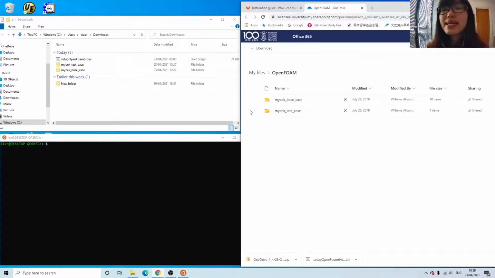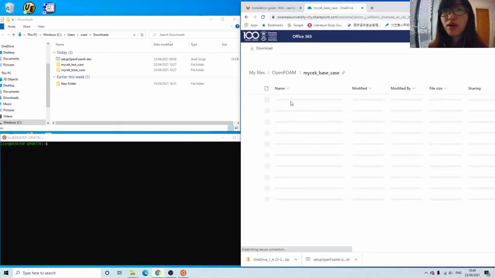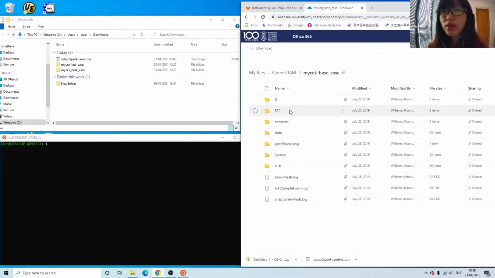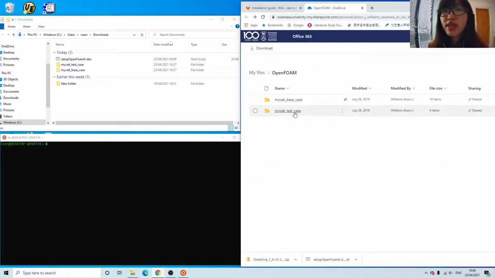So here we can see that there are two folders, and the second folder is where the test case is stored, and the first folder actually has got some results that you would get if your installation was successful. So once you've run your test case, you can then compare the results your simulation created with the results stored in this base case folder. So if they are fairly similar, if not exactly the same, then you're confident that your OpenFOAM and GetSafely has